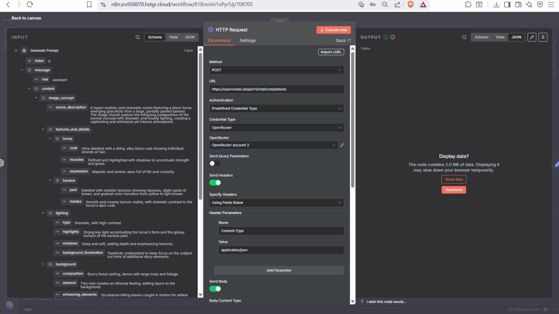I have already provided my API key to generate the image. To generate the image we need to send a POST method. We need to send our prompt via POST method. So the URL is this, that is the